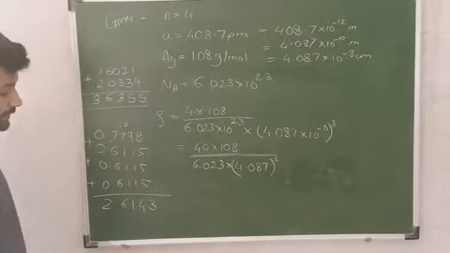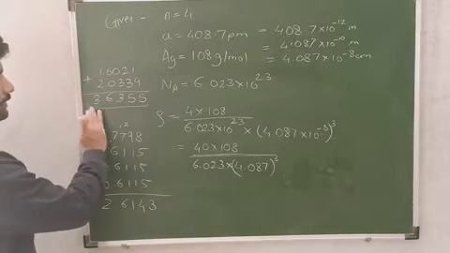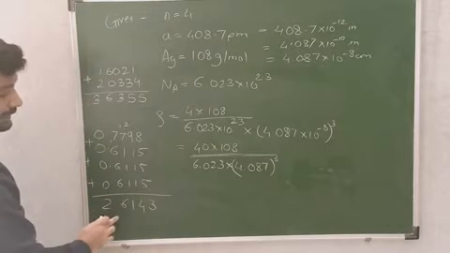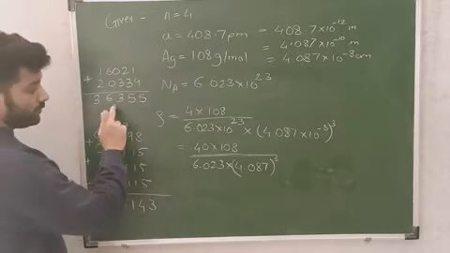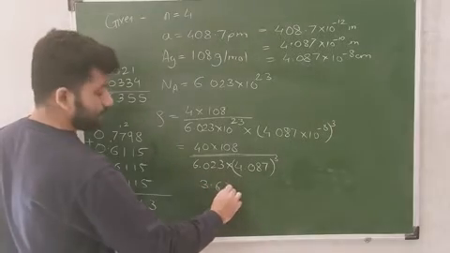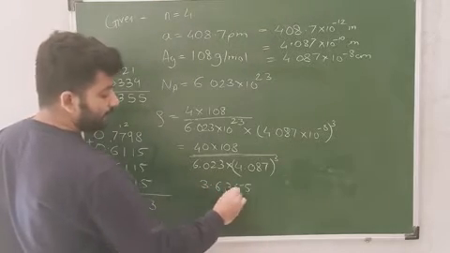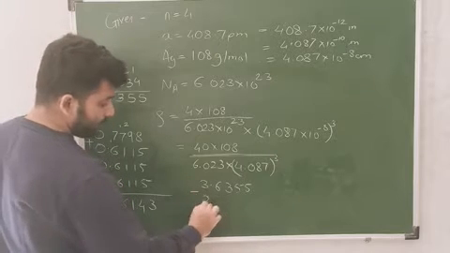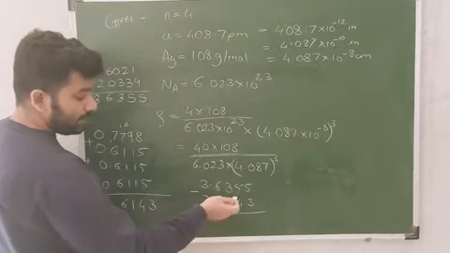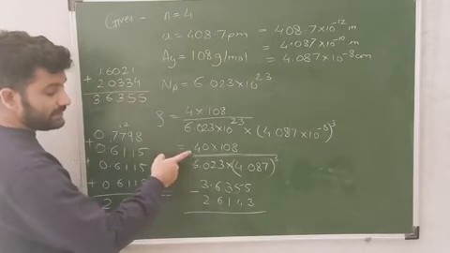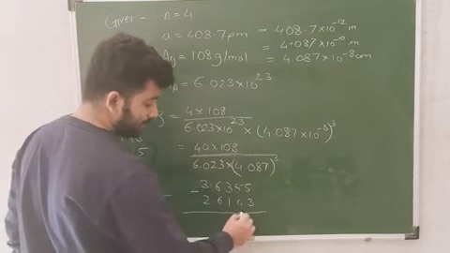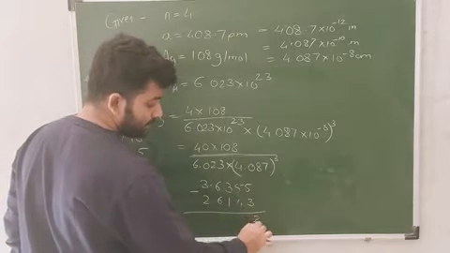So it is 2.6143. We can now subtract numerator and denominator. This is the numerator part, so that will be 3.6355 minus 2.6143. Now we are going to subtract. Why? Because it is in division, so we do the subtraction. So while we are subtracting, we will get the value as